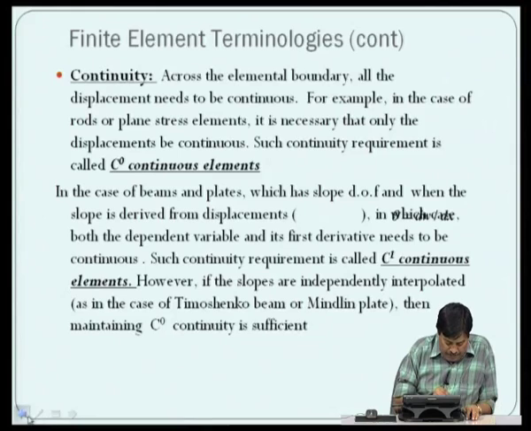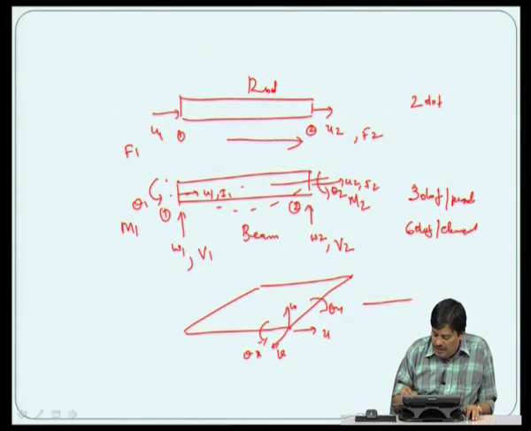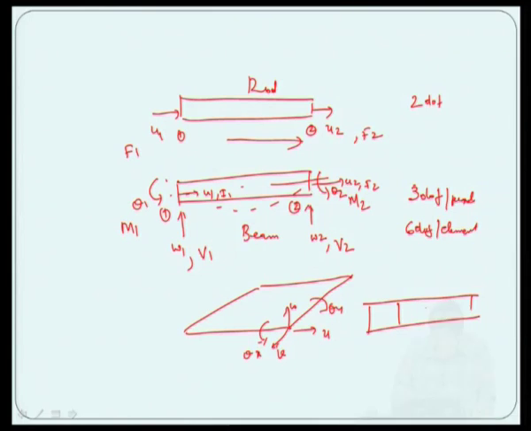For example, if you have a series of rod elements, and we isolate element 1 and element 2, element 1 will have nodes 1 and 2. The axial displacement at node 2 due to element 1 should be equal to the axial displacement at node 2 due to element 2. That is not at all an issue because it can be maintained. But if it is a beam,